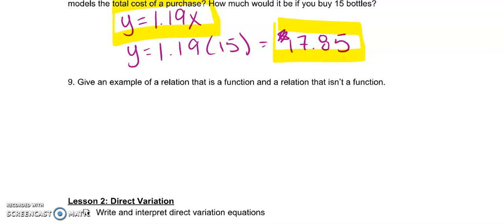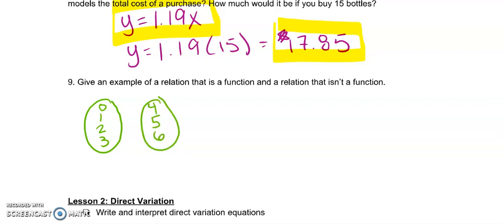So I'm going to do my example of a mapping because that's easy for me to see. I'm just going to pick some numbers for my input and for my output, and I'm going to make this be a function. So yes, this is a function. I can do something like that. So I have 1 and 3 both going to 5, but this is still a function